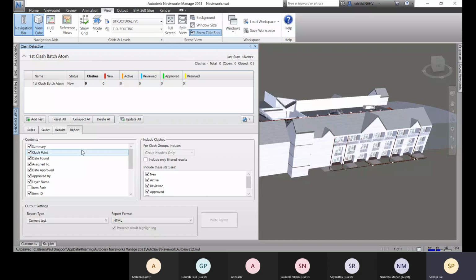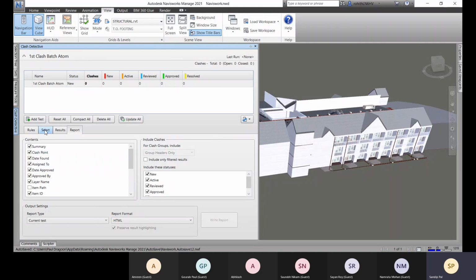You can add your reports to your execution files, and you can assign them to some engineers to solve those classes. So for that you can generate this report.